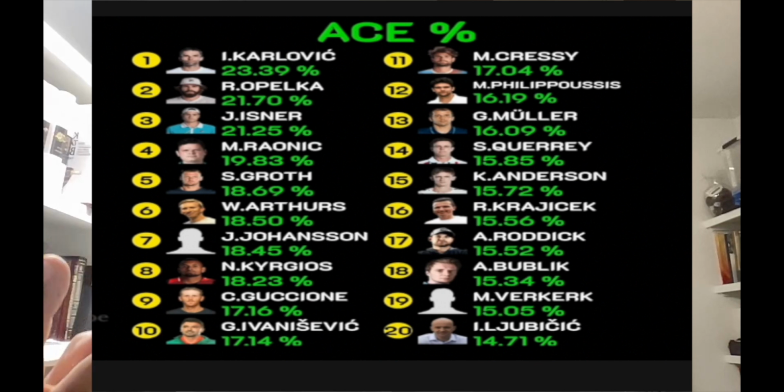Number 11, Cressy, Philippoussis, Mueller, Carey, Anderson. They did not win a Grand Slam. Krajicek, he won 1. Roddick, he won 1. That's where we're at 17 right now. Bublik, 18. Verkerk, Jublik, 20. So don't think, okay, that if you're gonna have this massive serve, 140 miles per hour serve,